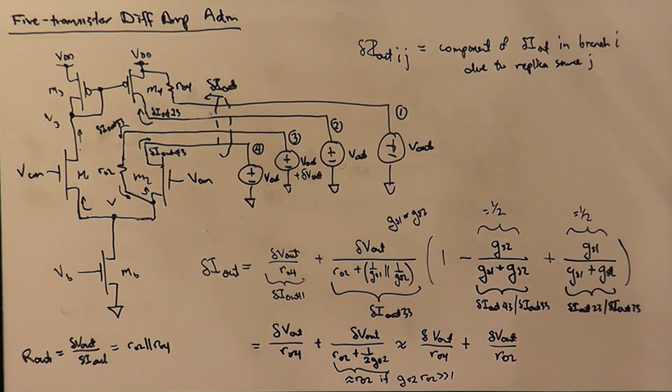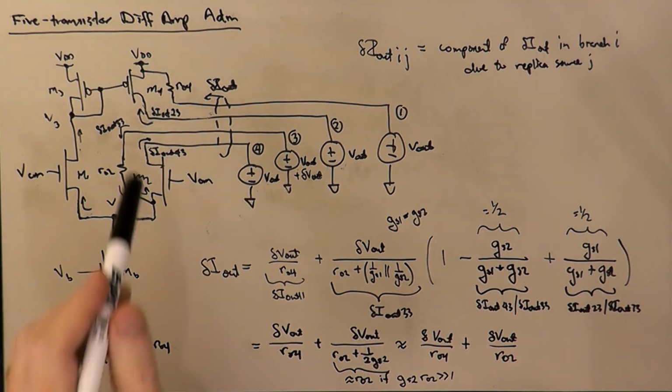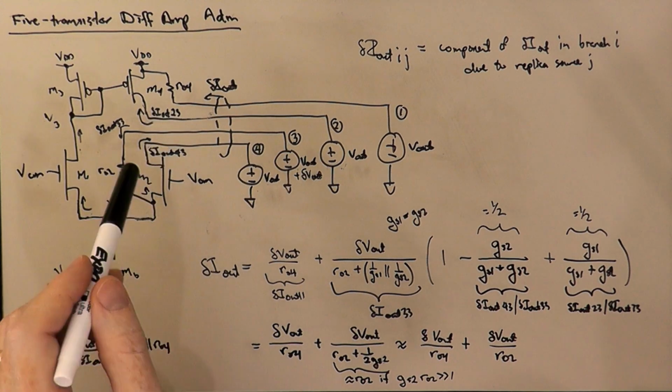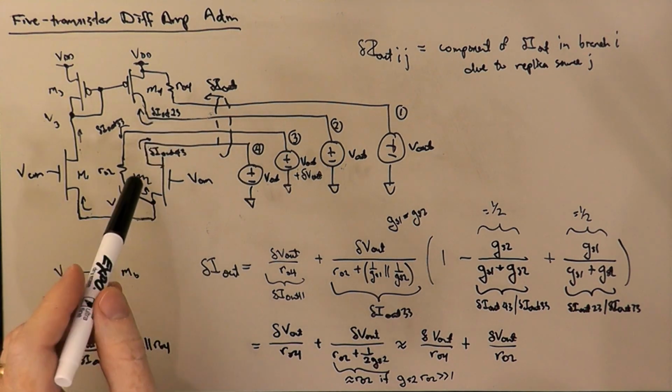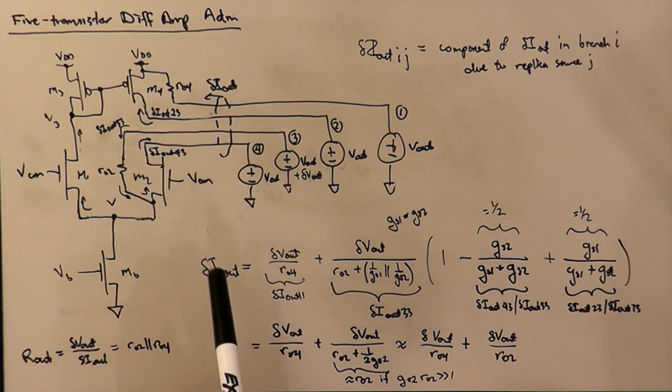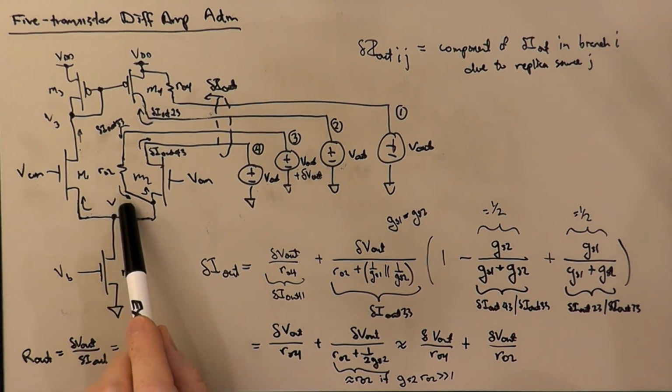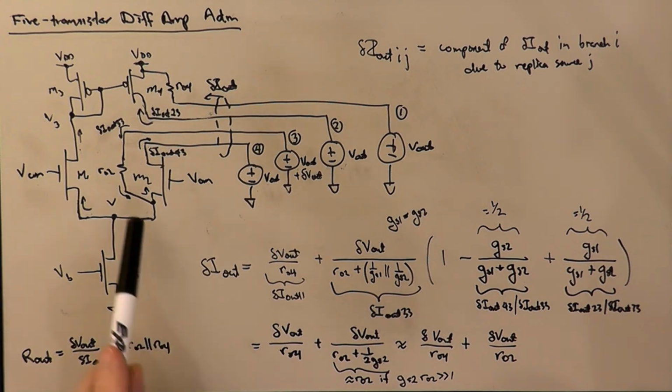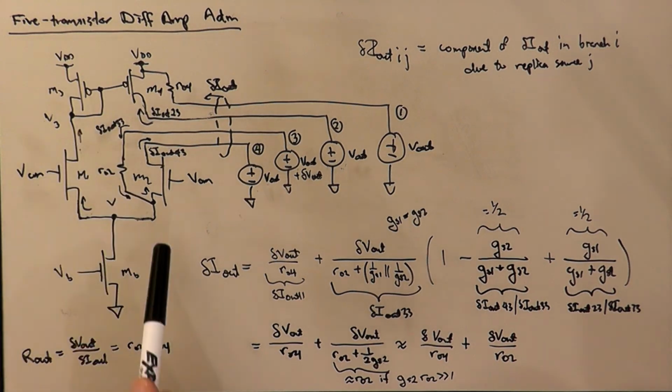And it's a little more subtle than just looking into the output of this circuit and seeing, oh, we have the drain of M2 in parallel with the drain of M4, and so it's just RO2 parallel RO4, because we do have to think about what's going on here at the common source node and what's going on with the other side of the circuit. But that's what it boils down to. So it's very simple. It took us a little bit to get there, and so the differential mode gain of the circuit as a whole